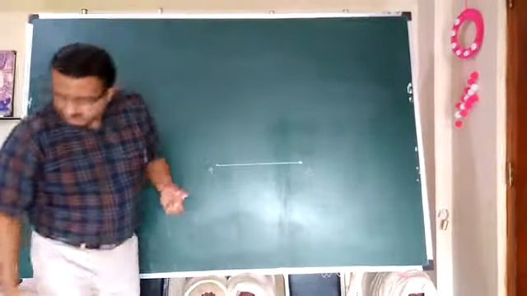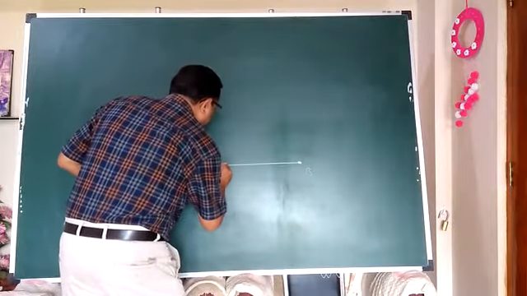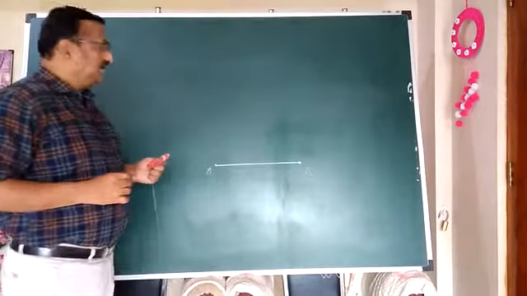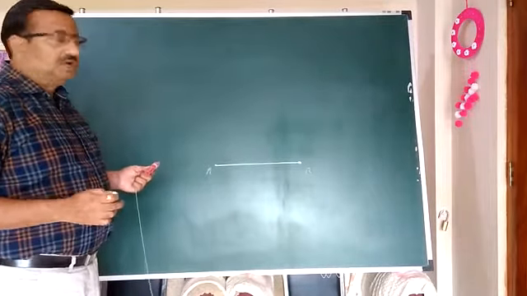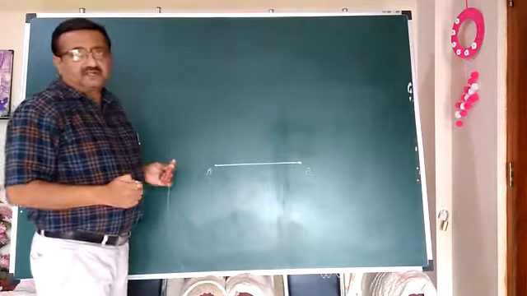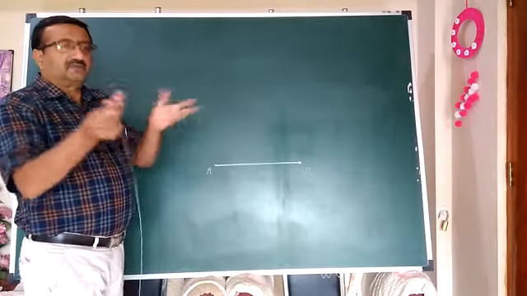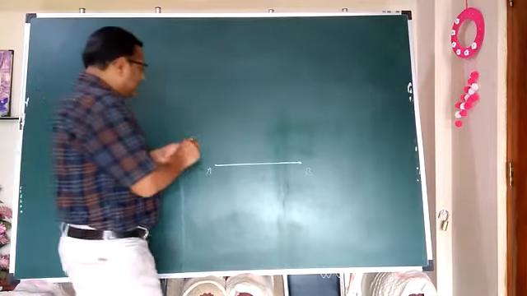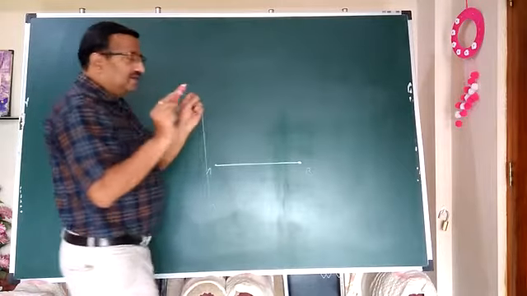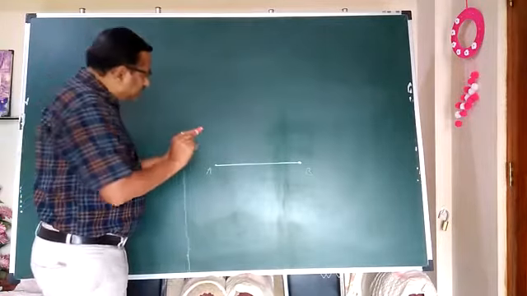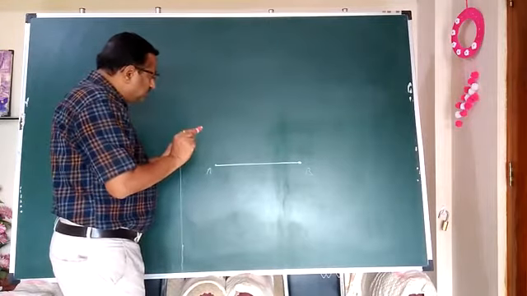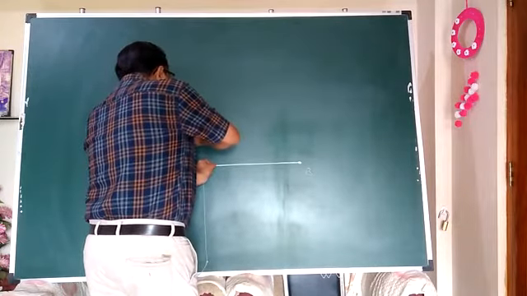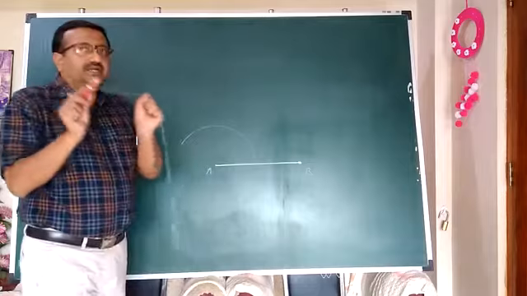So this AB is the given line. Just now I have told you, this is the line AB of some length. So what is required? What is the expected solution? To draw perpendicular lines through both of its extremes. So what is the procedure? Just pick the compass. This is my compass. Okay. Now what do you have to do? Pick any convenient radius in the compass and just see in this way. Okay. So the steel tip or needle of the compass you should first of all put over A, and in this way construct one long arc of any convenient radius.